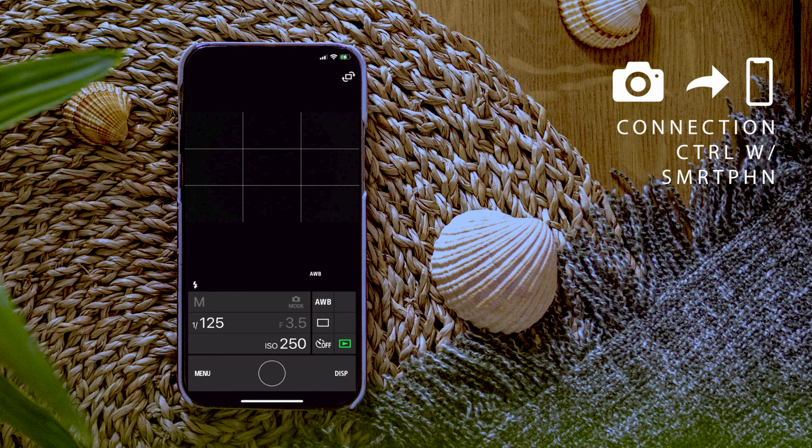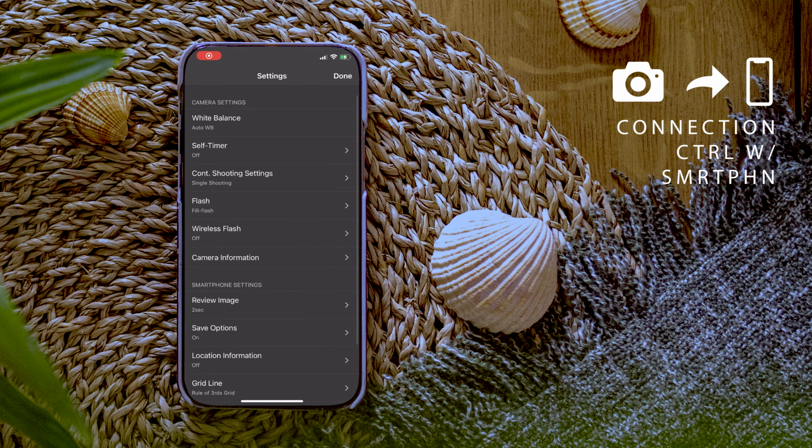So if you shoot manual, auto, or you want to record a video, this you need to change on your camera. You can't do that on your smartphone because it's the dial mode that needs to be turned around. In the bottom left corner there is a menu, and when you go in there you have more options